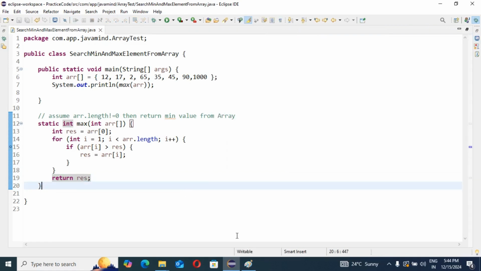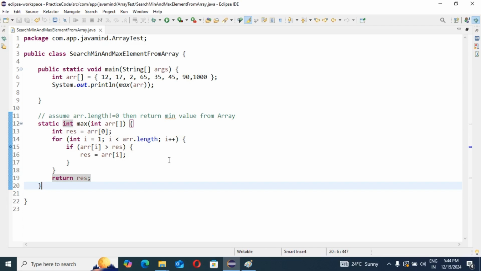So that is the logic behind how we find the maximum and minimum element from a given array. That's it for the video. It's a very important concept for interviews as well as for your understanding of DSA, data structures and algorithms.